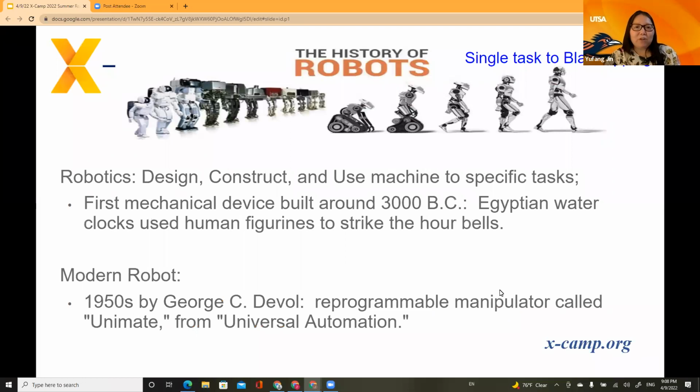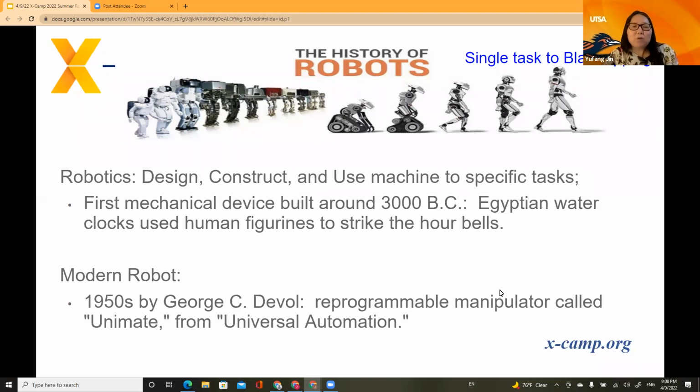So in this figure, I showed how robotics has evolved during the past 50 years. You can see at the beginning, robots are working on a single task, and the motion of the robots is more driven by wheels. As time goes by, you can see the robot stand up, and then it walks, and right now it's jumping, bouncing, and back flipping. I will show you a video very soon.